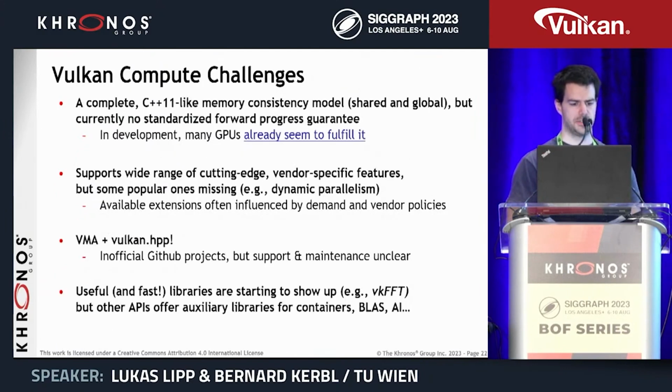What are some open challenges that we have? As I just mentioned, Vulkan has a complete C++11-like memory consistency model, both for shared and global memory. But right now, there are no standardized forward progress guarantees. So what does that mean? That means that many of the algorithms that you would want to do with a C++11-like memory consistency model, right now you can't do, because in addition to that, you would also need forward progress guarantees, which are not yet there,